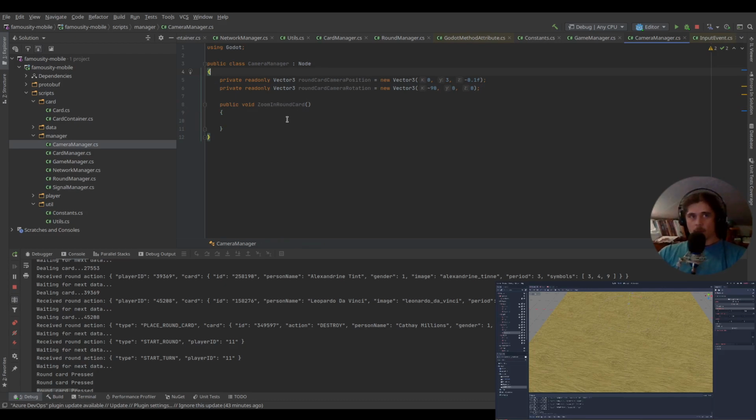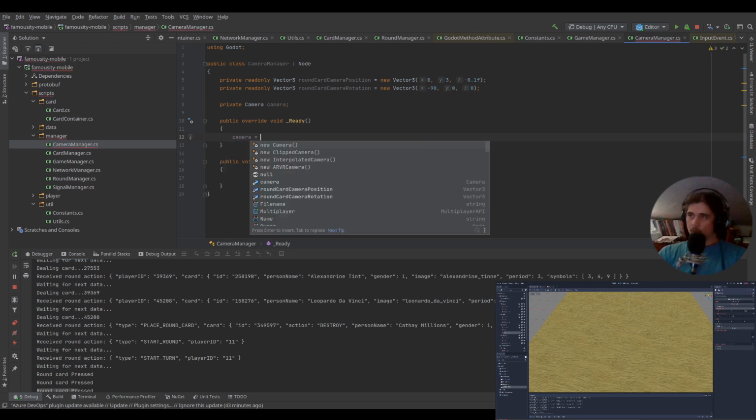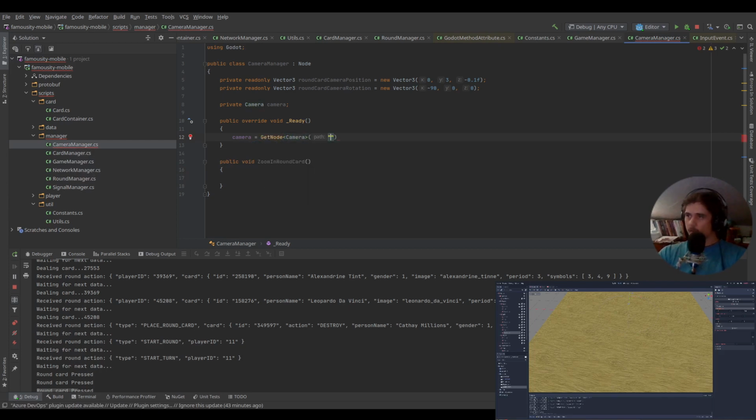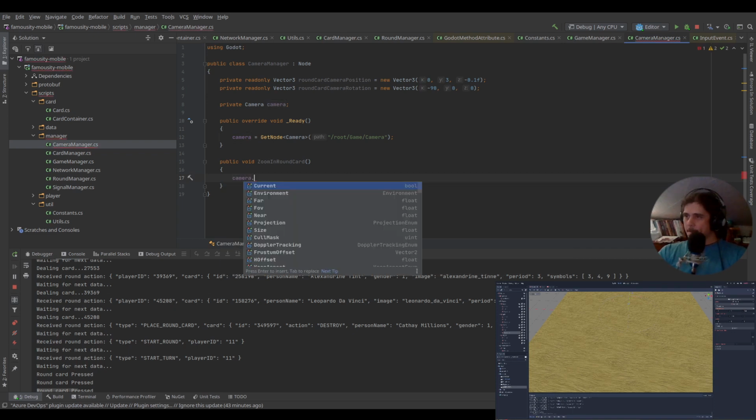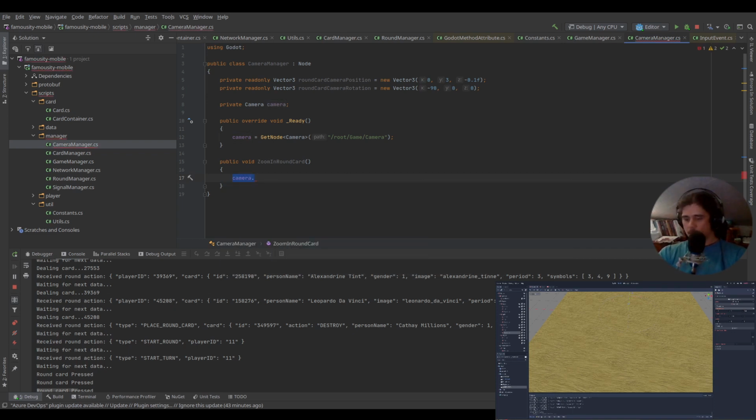And to do that, we will also need a reference to our camera. So camera. Let's initialize it in a ready function. So camera will be get node camera, and it's on the path root game camera. Okay. Let's actually tween it. So utils get tween for our camera,